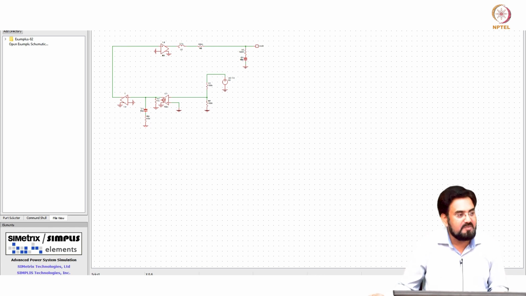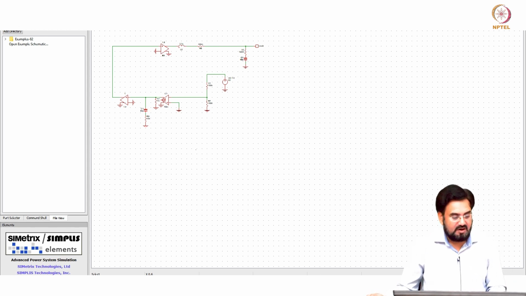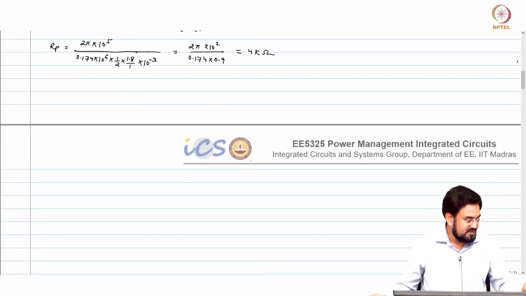Okay. So, this is the drawback with this GMC compensator, because if I want to reduce the cap value, then I have to reduce the GM, which means we may have some offset issues with this. Or the other way, if I want to increase the GM, then my capacitor requirement will be large and it will take a lot of area. So, what do we do? We go with op amp RC.